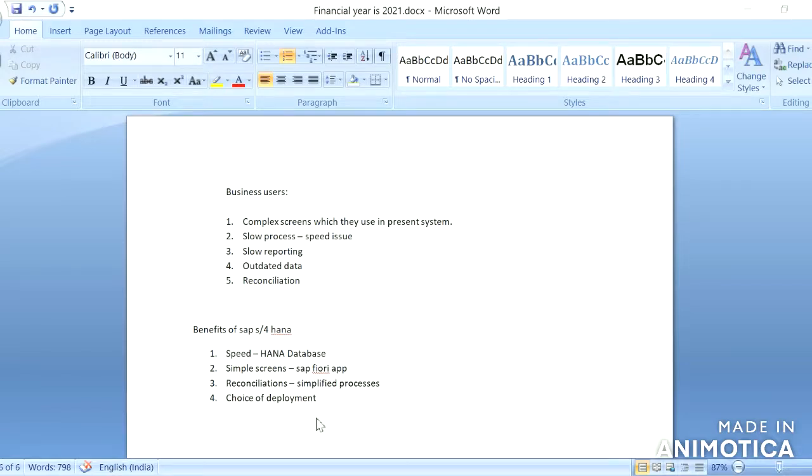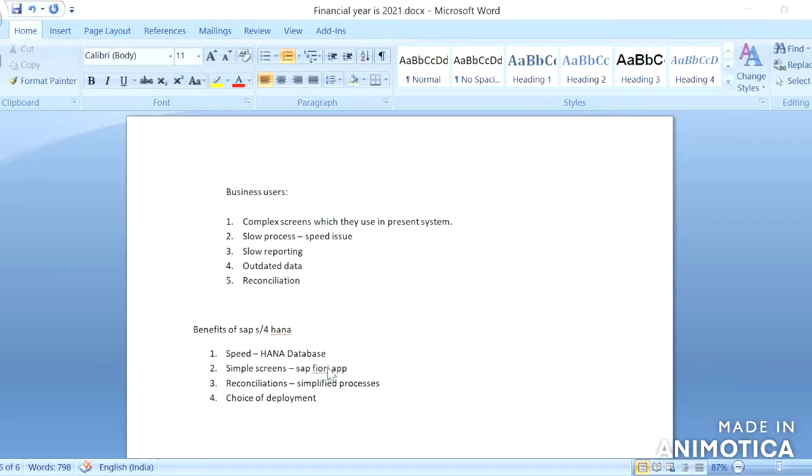So if we move on to the next advantage or benefit in SAP S4HANA, it is the reconciliations. So how these reconciliations are performed in SAP S4HANA. As we discussed, FICO, COPA, material, these are all different components in ECC.